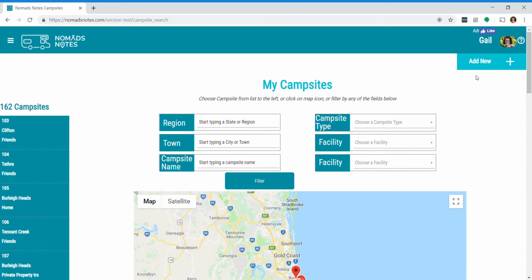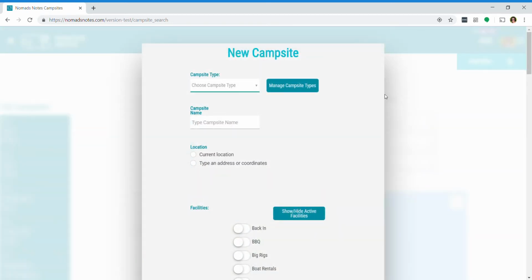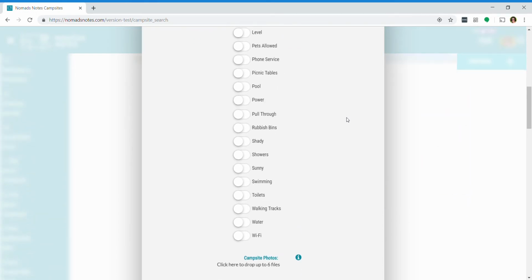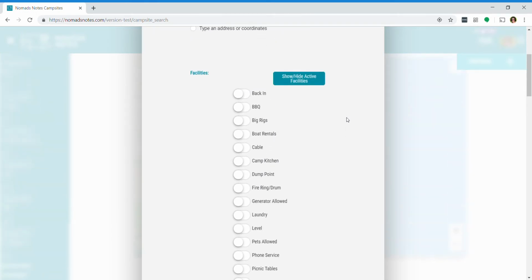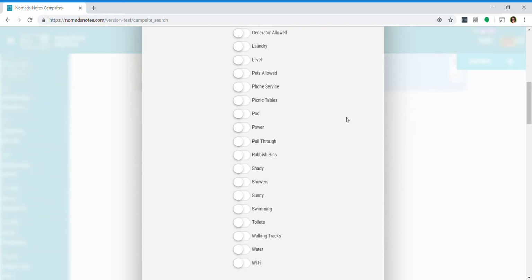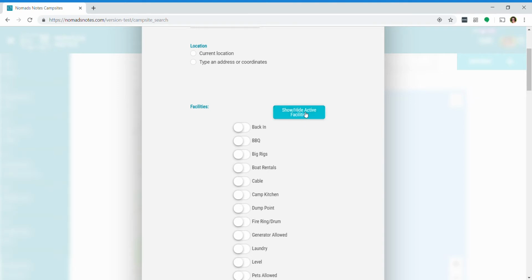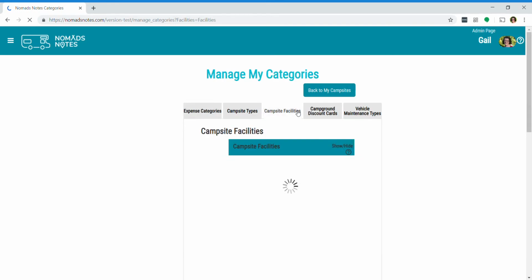In this video we're going to explore the new feature of campsite facilities. So when we add a new campsite, you'll see there's a whole list of new facilities that you can record for your campsite. But that list is quite long, and so first of all you might want to go to Show Hide Your Active Facilities. You can use this link, or you can just go directly to the My Categories page,